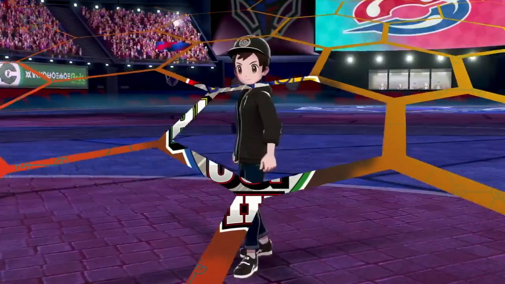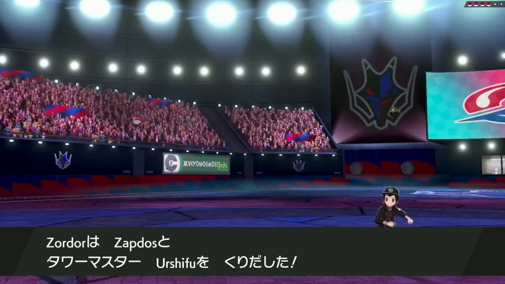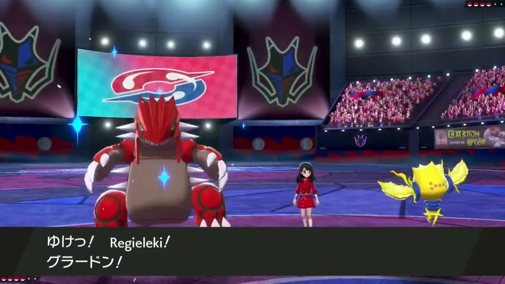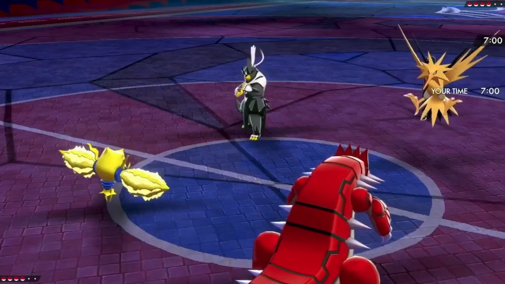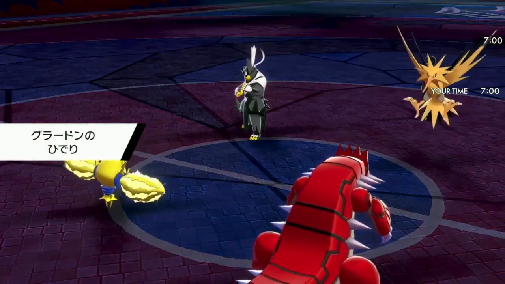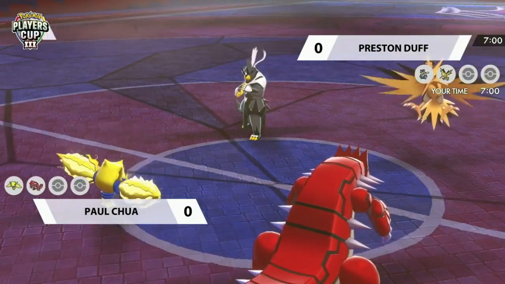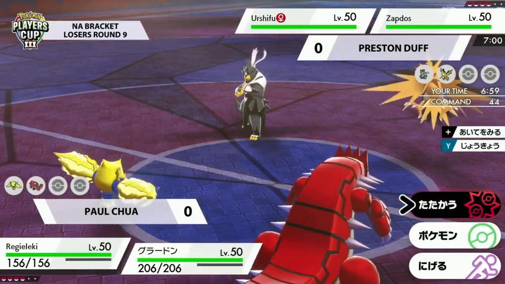I think looking from Paul's team, Regieleki looks super good. Preston actually doesn't have any electric resist or immune, so I think that Regieleki is going to be a really big problem for him to deal with. So I think speed control is going to be the name of the game in this one. On Preston's side, sending out the Zapdos and the Urshifu single strike to start. And then on Paul's side, that Regieleki you were just talking about, as well as that Groudon, which will be